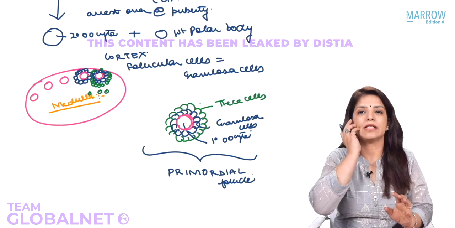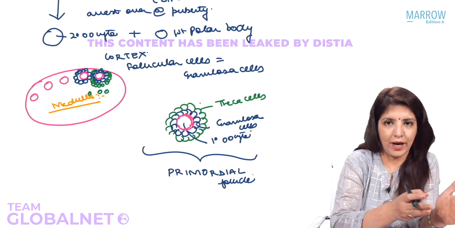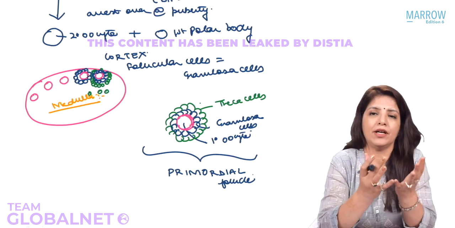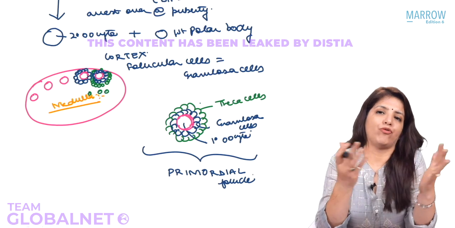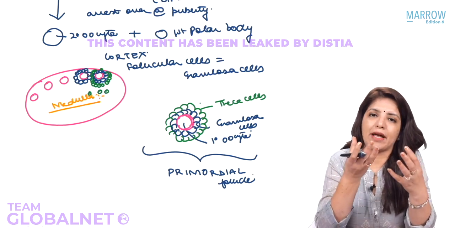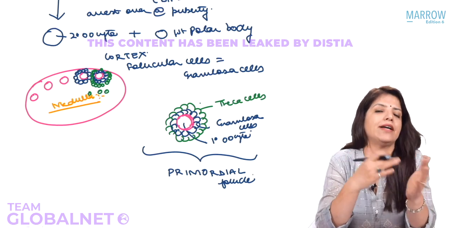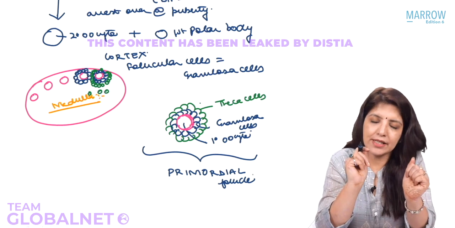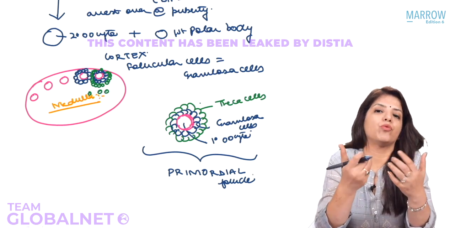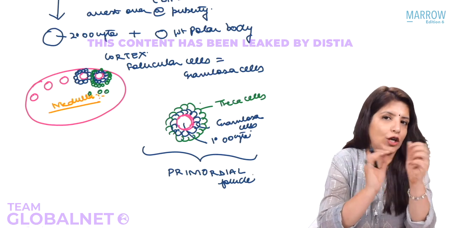So when you see the ovary of a young female before puberty, a female child, you will see that in her ovary there are a number of follicles, right? And what is a follicle? A follicle is a primary oocyte which gets surrounded by the granulosa cells and by the theca cells, right? Now, these follicles are considered the reservoir of the ovary. So the ovary is a reservoir of many such follicles.